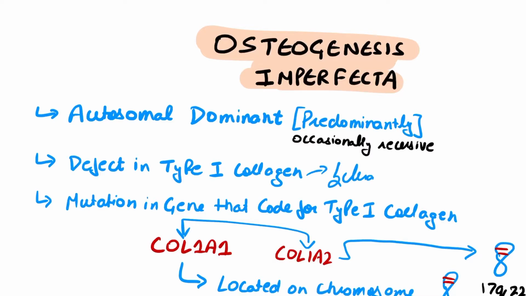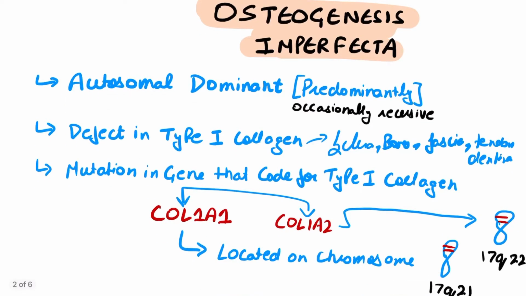Why does osteogenesis imperfecta occur? It is due to a defect in type 1 collagen, and this type 1 collagen is present in sclera, bones, fascia, tendons, and dentine. And why does this defect occur? It occurs due to a mutation in a gene. Which gene? You need to remember these: